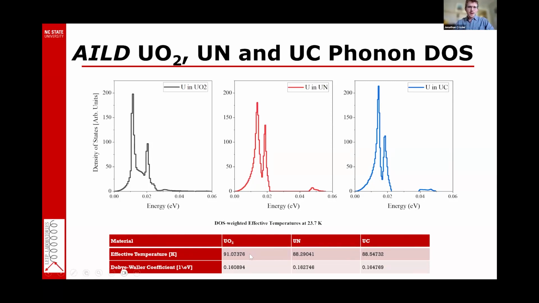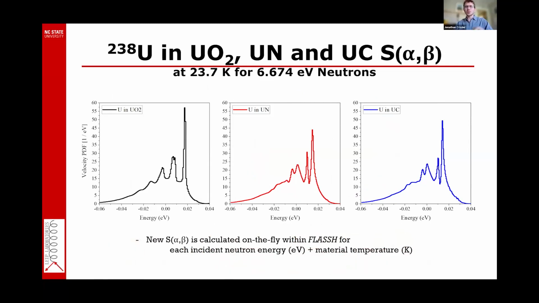Below, I'm showing the effective temperatures and also the Debye-Waller coefficients. And now with that density of states, you can see features of that density of states in these velocity distribution functions, which are used for broadening. These are essentially the asymmetric thermal scattering law, which is calculated on the fly within Flash over the course of broadening for 6.624 eV neutrons, which is right at that U-238 n,gamma resonance